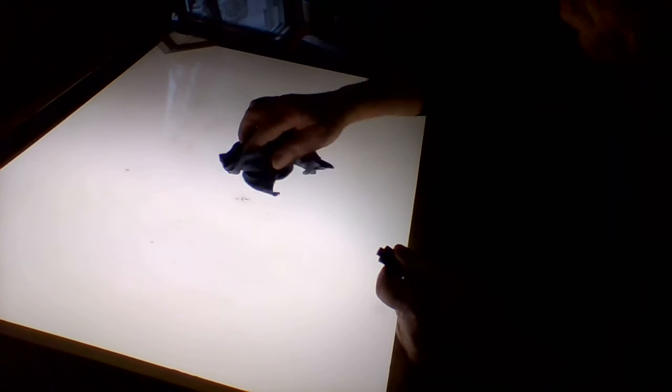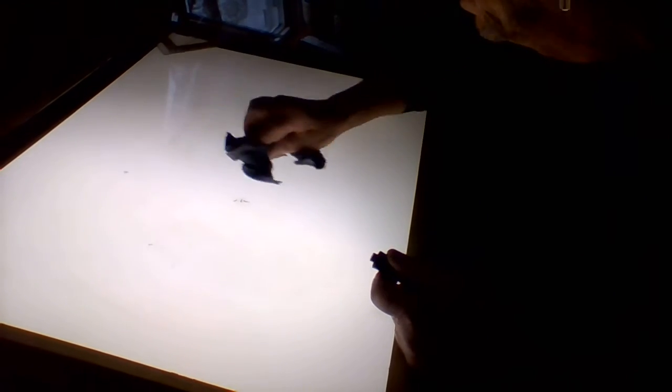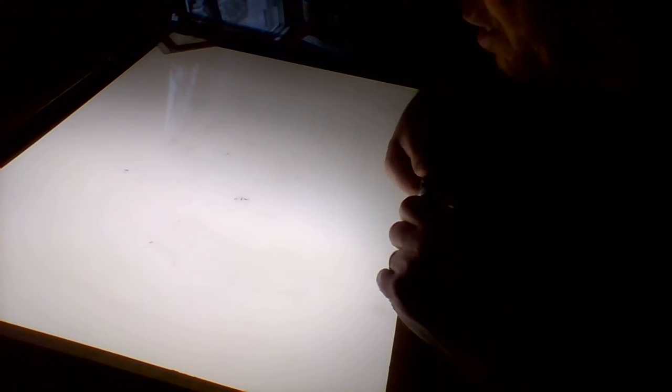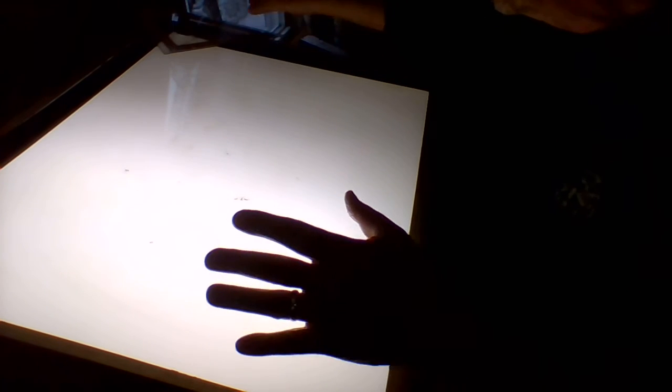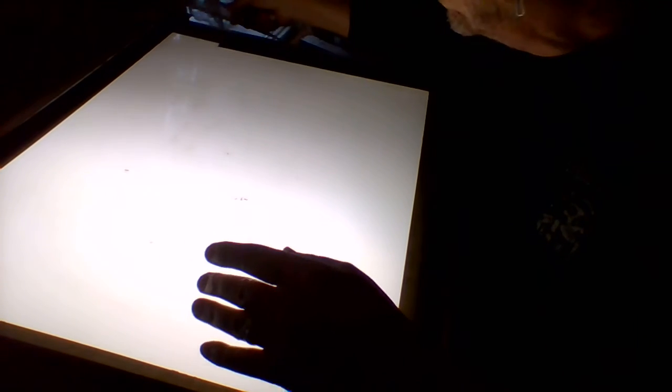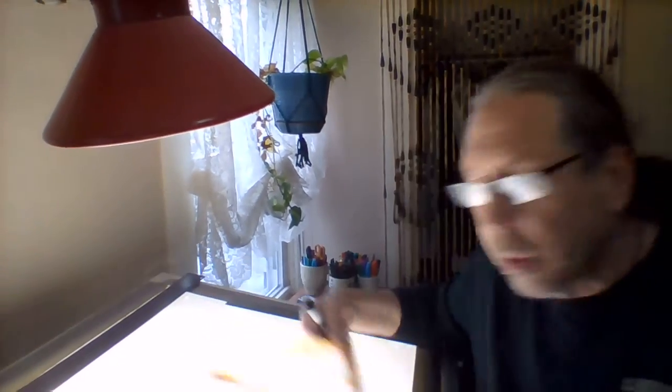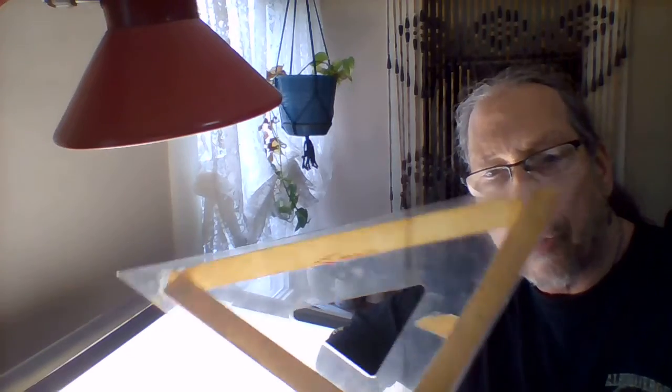Now, I'm using the light table because this is fun just for a change. So then let's talk about using some tools. Now, I love to do my stuff freehand. I do almost everything freehand. This is a triangle. We're going to talk about using some different tools. Triangle,